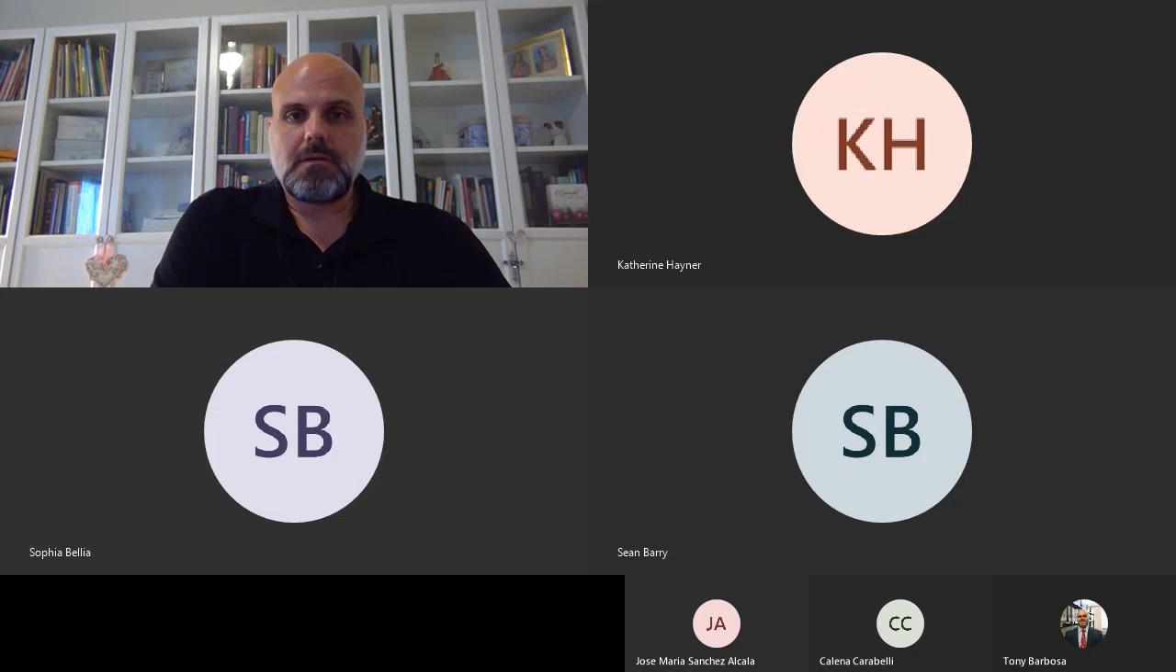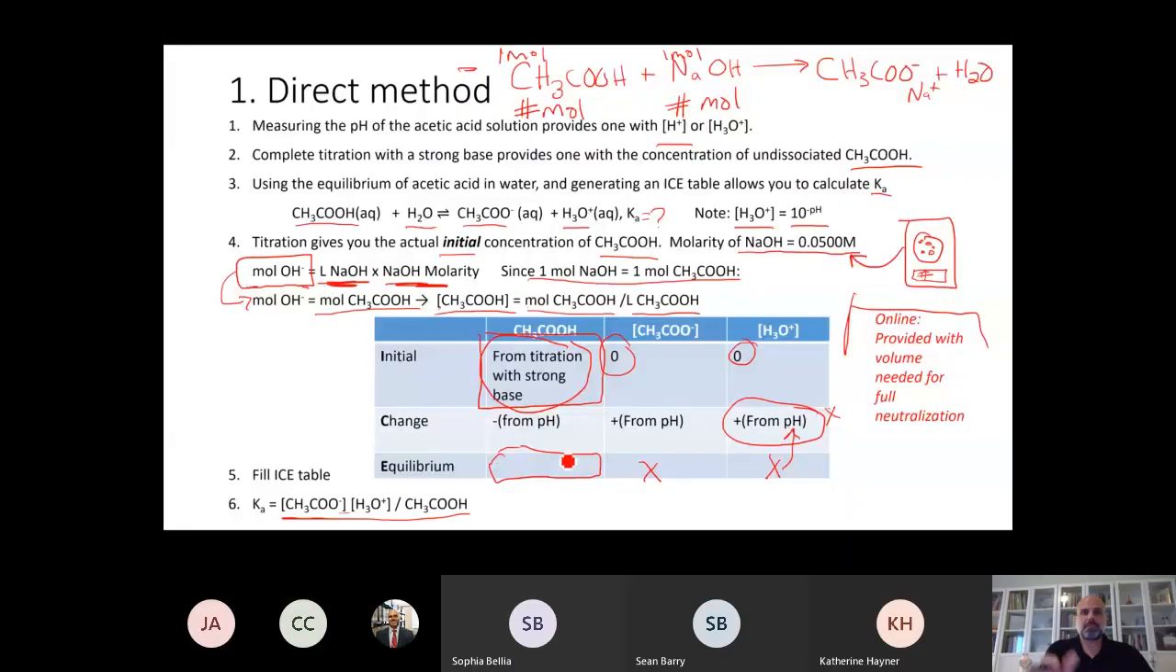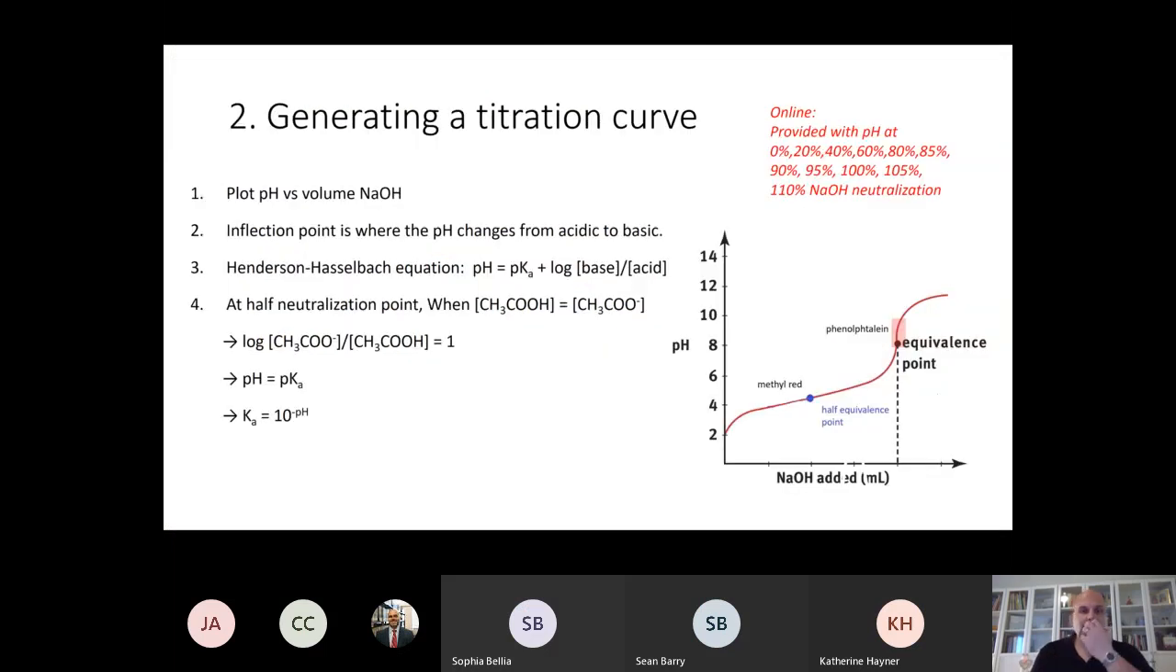Get back to here. All right. So that's method 1, the direct method. If we go on to method 2, we're going to generate a full titration curve. In this case, we're going to plot the pH of a solution versus the volume of sodium hydroxide